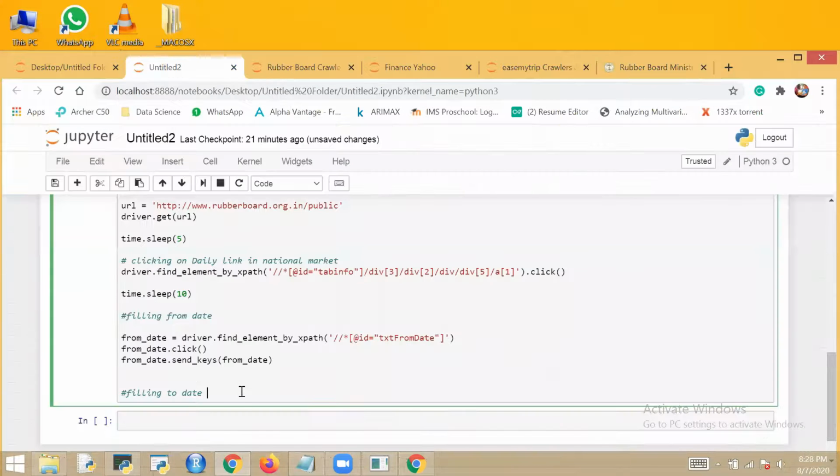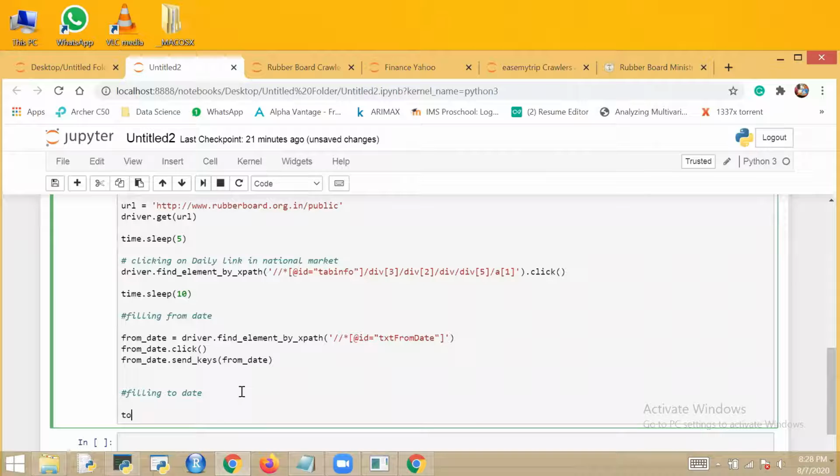Copied. Now to date equals driver dot find element by XPath.